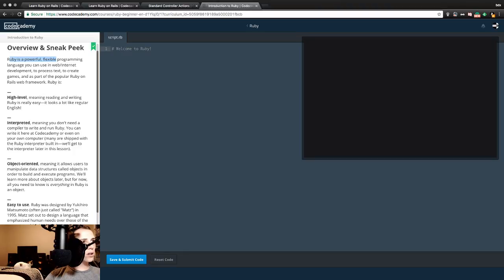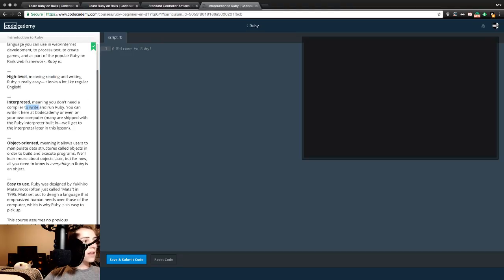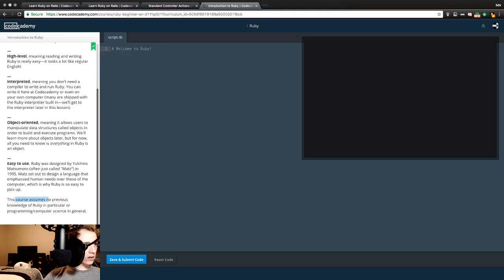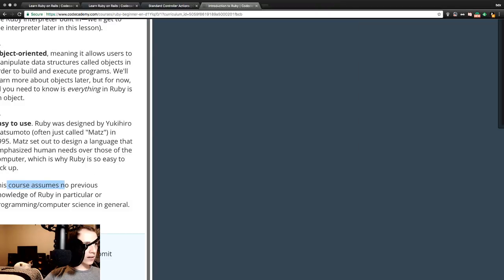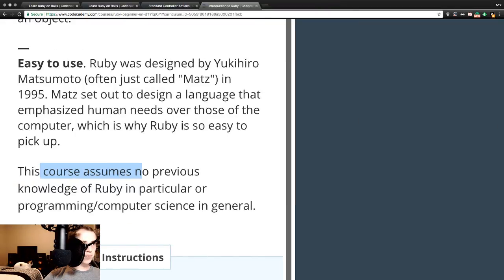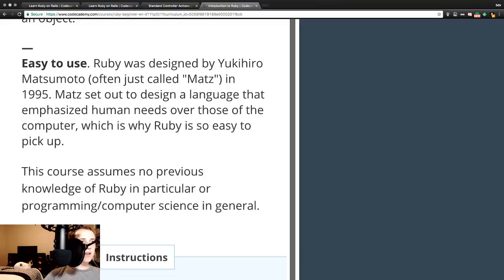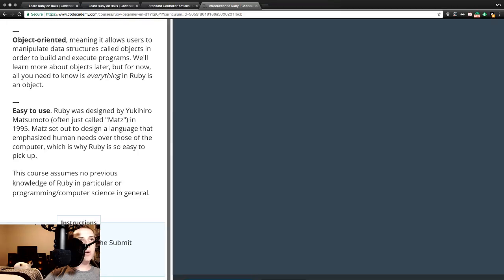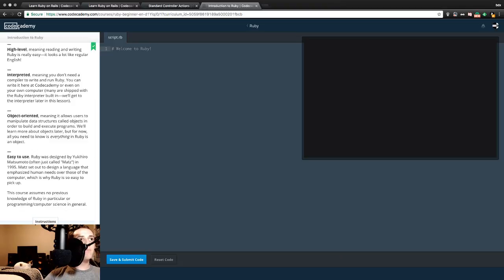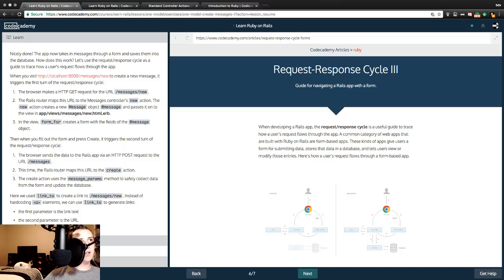Ruby framework, high level, easy to read, interpreted, easy to use. This course, this little tidbit, I'll even zoom in, assumes no previous knowledge of Ruby in particular or programming or computer science in general, which is totally fine. That's okay, considering most people, when they come to Codecademy, are